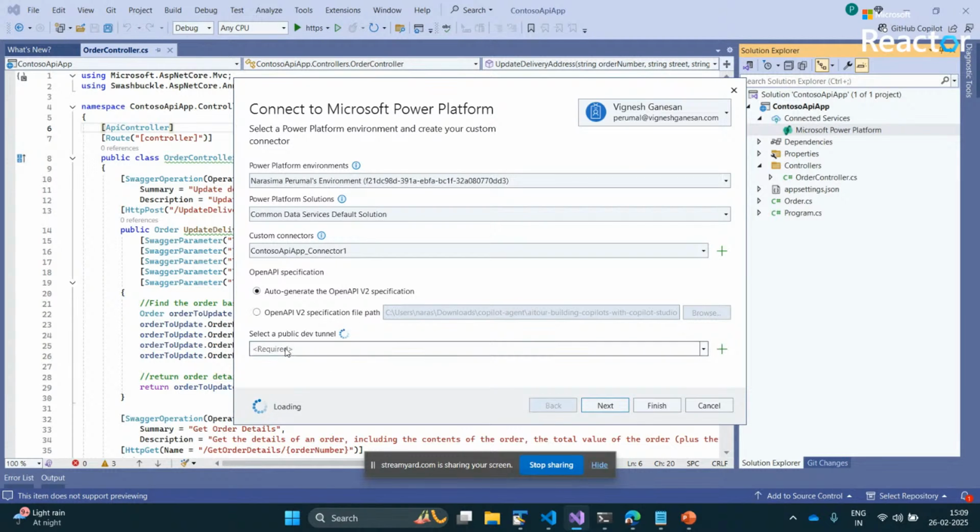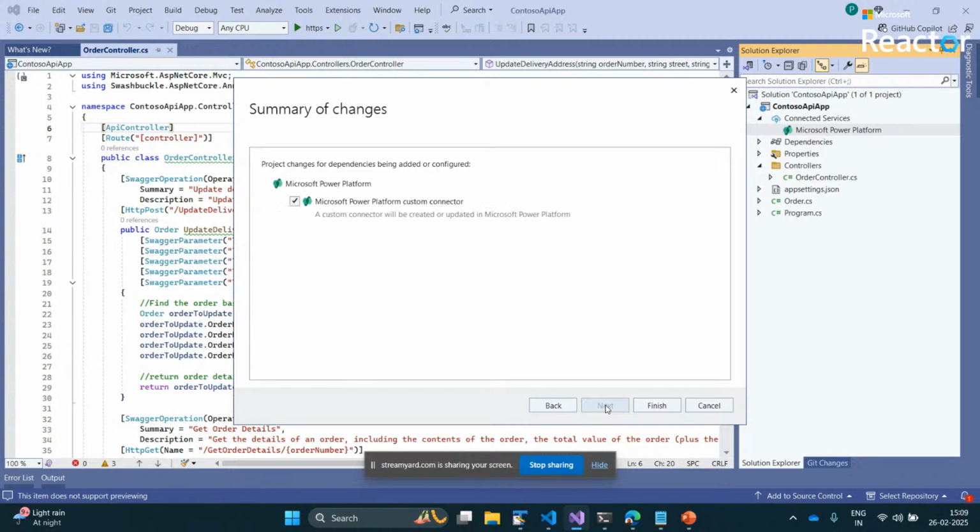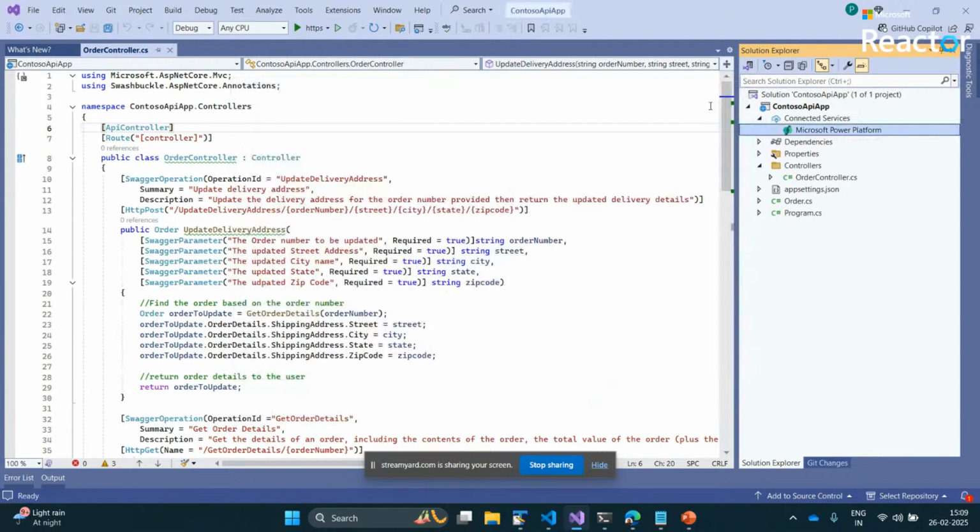Another important thing is that since I have not yet published this application into Azure and it is running locally, I need a public dev tunnel. Using this public dev tunnel, the Power Platform and my API are going to communicate. So I need to select the public dev tunnel, and then I just need to click the finish button. That's it. So once you publish it, what happens is that